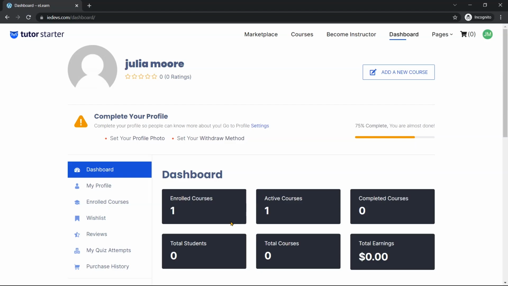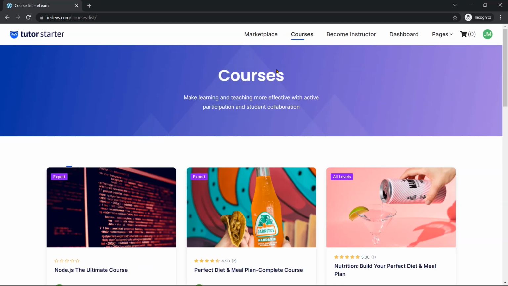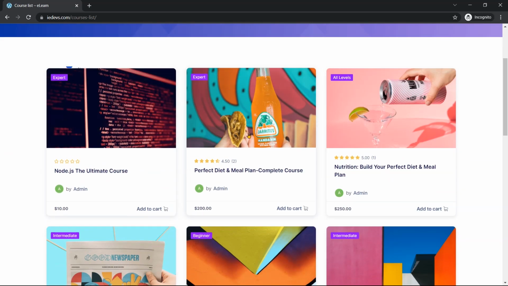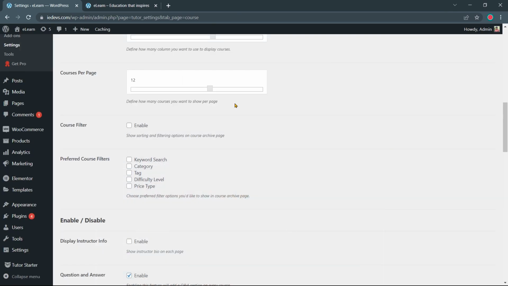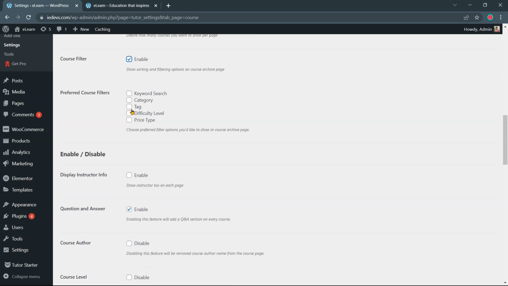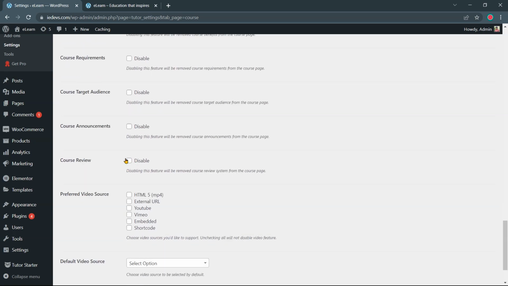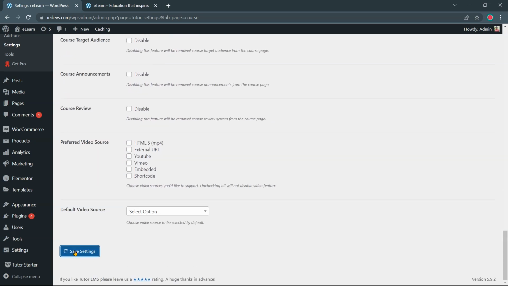Let me first show you the default state. Let's go to the courses page. Currently, it's only displaying the courses here. There are no other extra options in here. Let's go back to settings and now enable this feature. It has some filtering options to choose from. I will enable price type, difficulty level, category, and keyword search. Now let's save the page